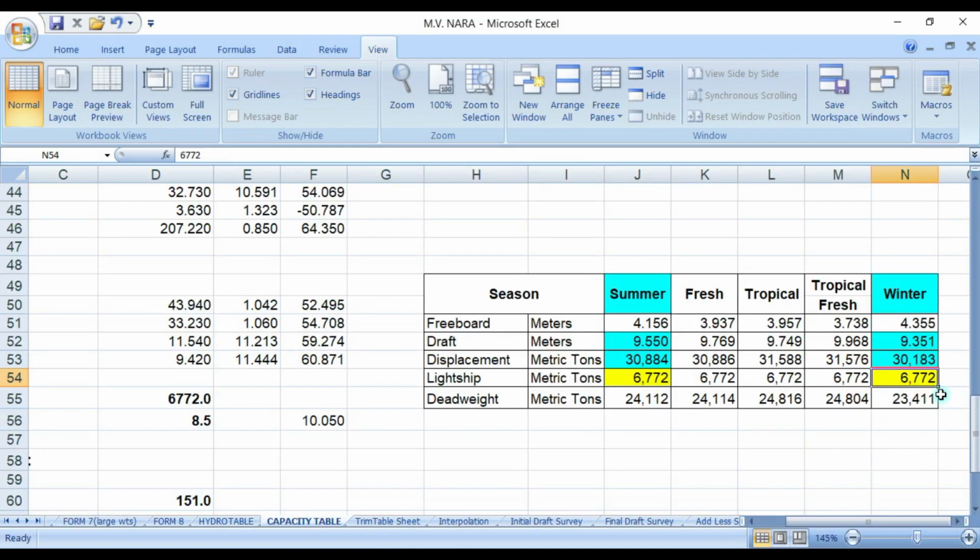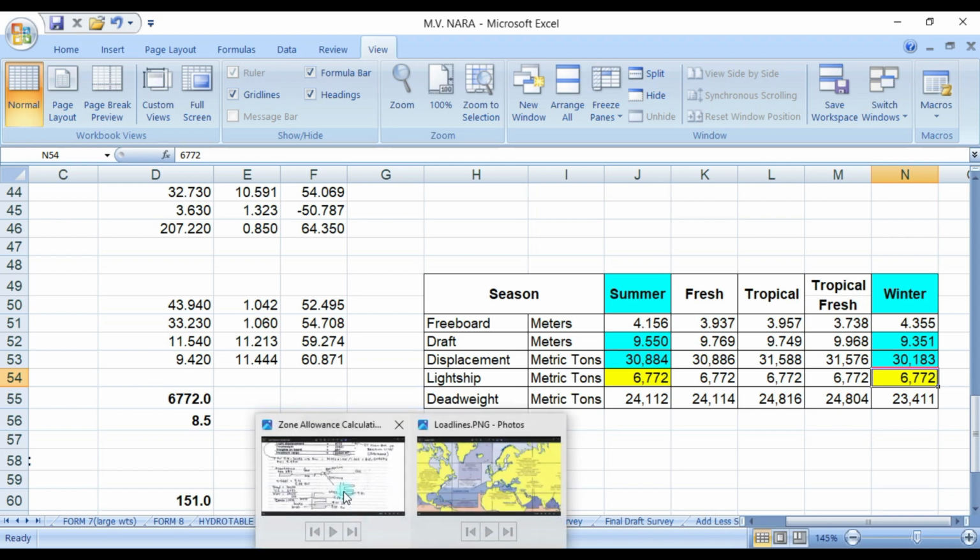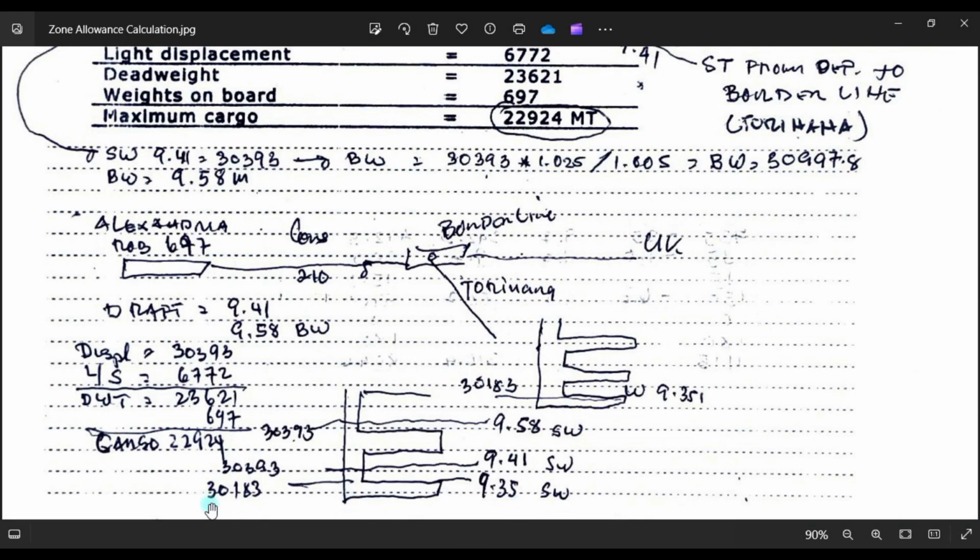Winter drop is 9.351 of winter drop. Okay, displacement will be 30183, which is this one, 30183, 9.35.